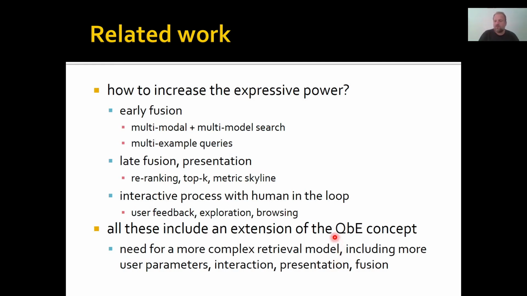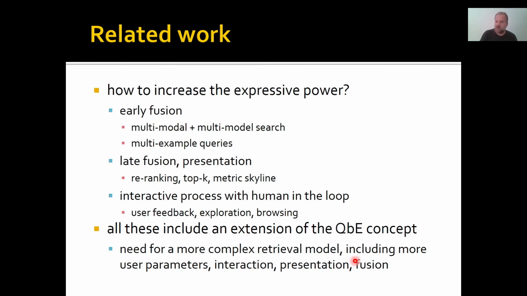So we cannot reuse general query by example engines for these extended search applications. And what we are now presenting is something that still fits the query by example concept because it's